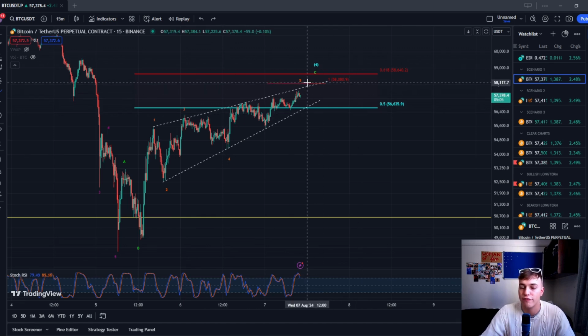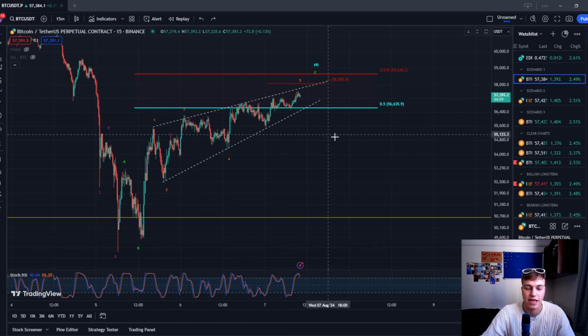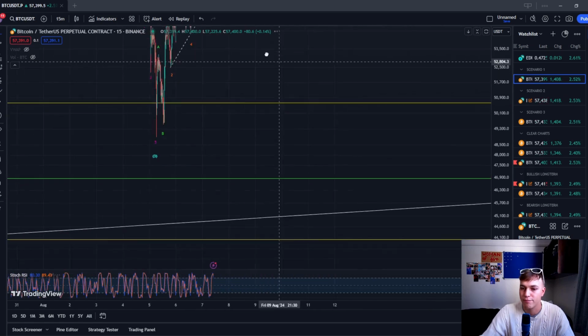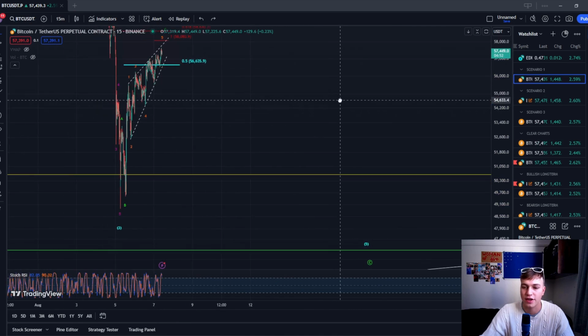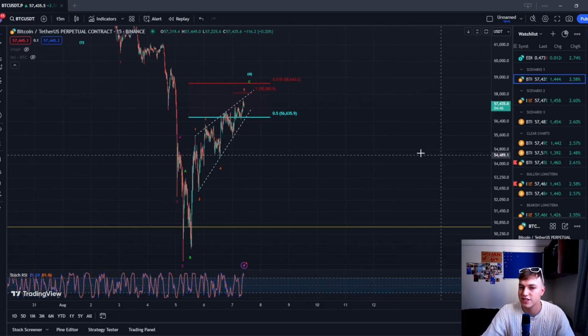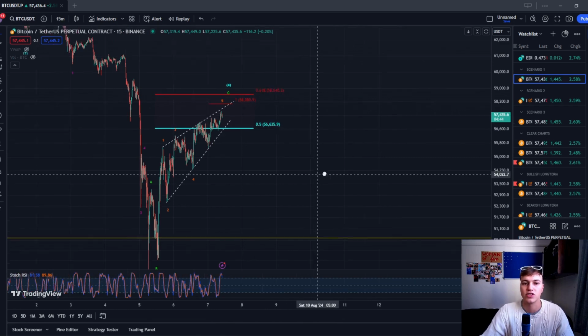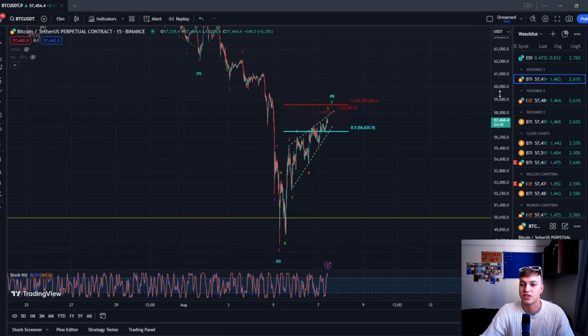Now after this, wave 5 should finish around here. We have a drop to the downside in that larger impulse in this wave, blue wave 5 here. This should target around the $47,000 to around $44,000. Now, if price does indeed reach higher, touching that 1-to-1, touching that 0.618, then we will move to the scenario,